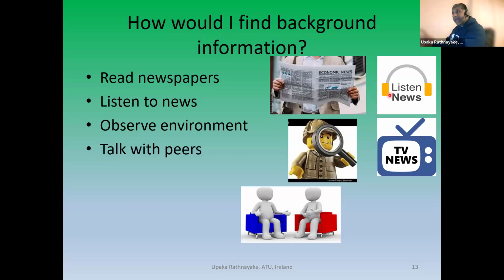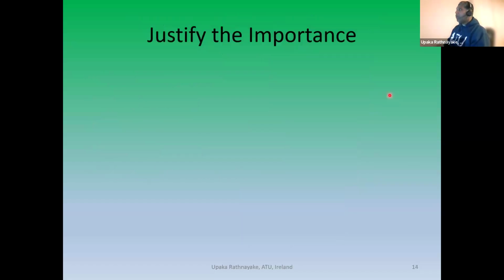That's exactly what I did when I looked at the first and second problems. We were talking about this particular problem and trying to understand a set of solutions. I repeat, a set of solutions. It's not just a single solution, but a set of solutions. Then you have to talk with the general public, so you get their ideas as well. These are several ways that I would find the background information.